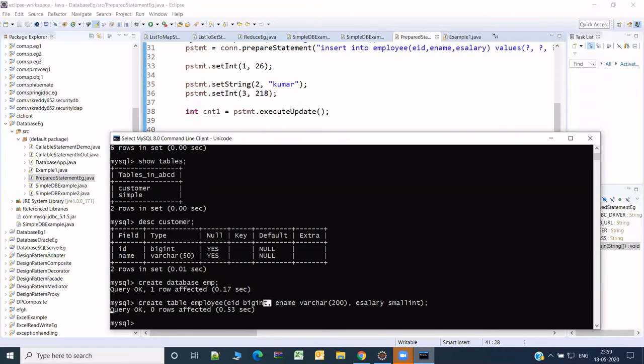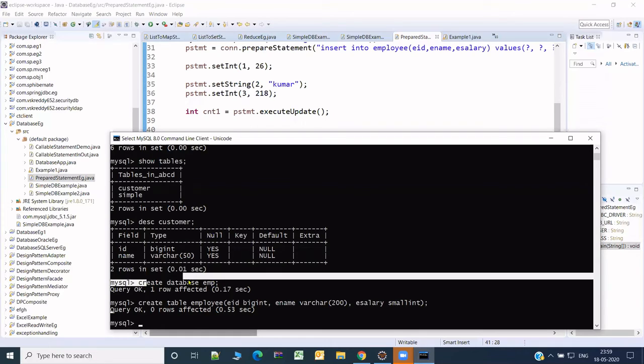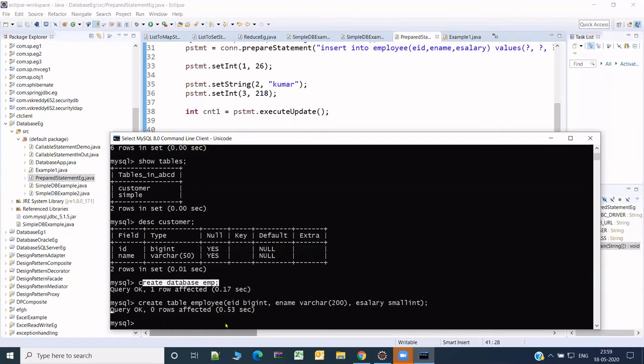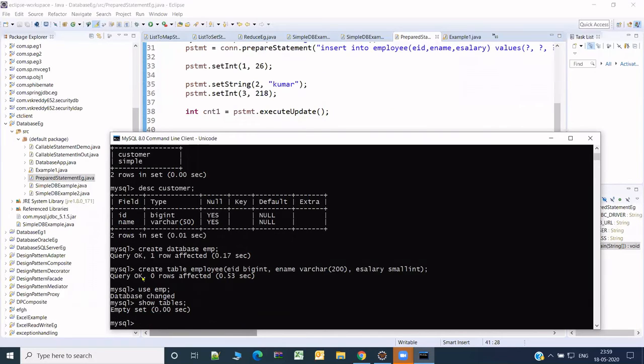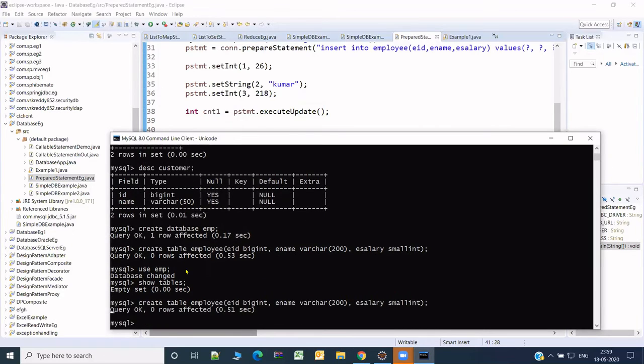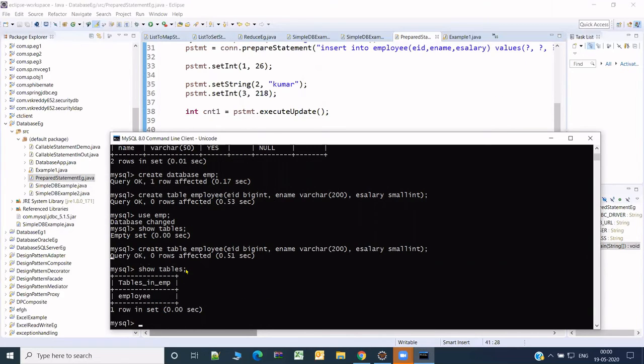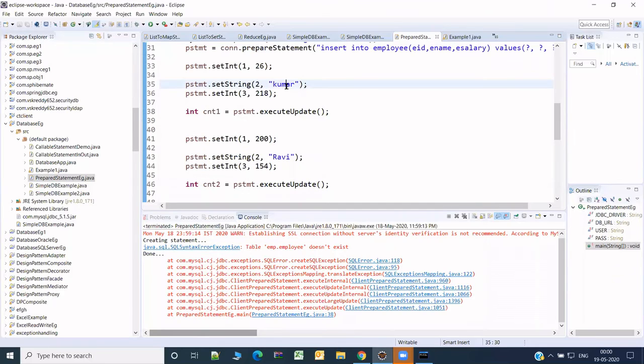I think the problem is I created the database, but I didn't use the database. So this got created in some other database. Great, so that is the mistake. Good that we are getting a number of errors, so that we can learn more out of these errors. See, I do not have any tables. Fantastic. So let me try to run this once more. So I have the tables available here. Great. So let me run this once more.